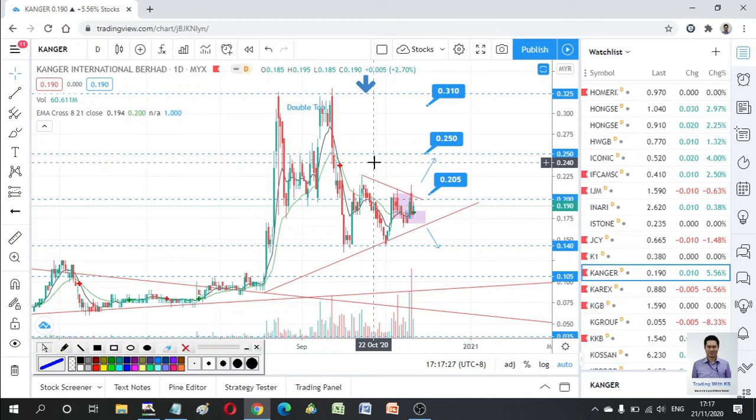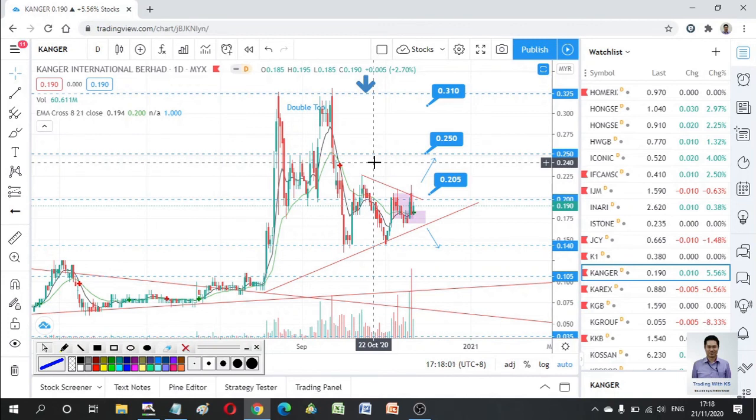Rather than if you only trade news. I'm not saying that trading news is no good. A lot of people make a lot of money trading news, fine with me, but news is only half of the story. Whether the market moves or doesn't move after the news is printed, you won't know until you see the chart. But the chart will give you another advantage where you can do a lot of analysis.